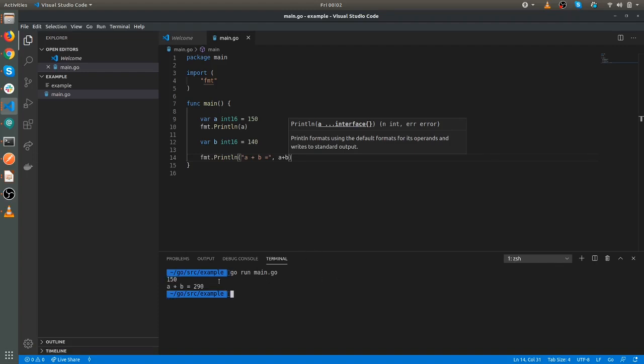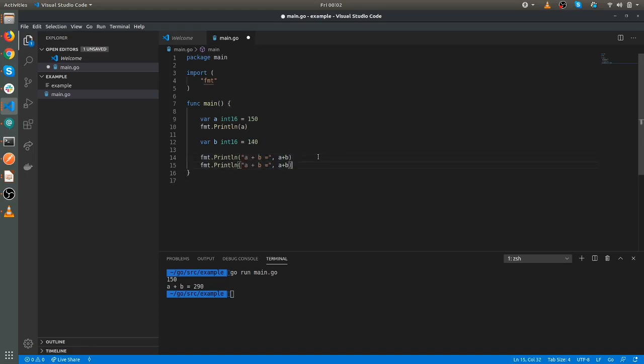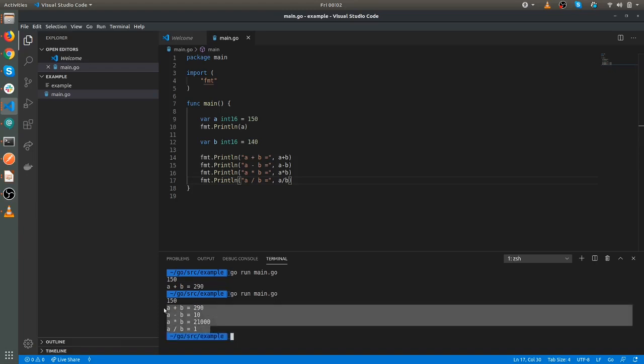So its value is coming 190. So we will perform another operation of minus. So I am writing all the operations. So here it's printed all the values.